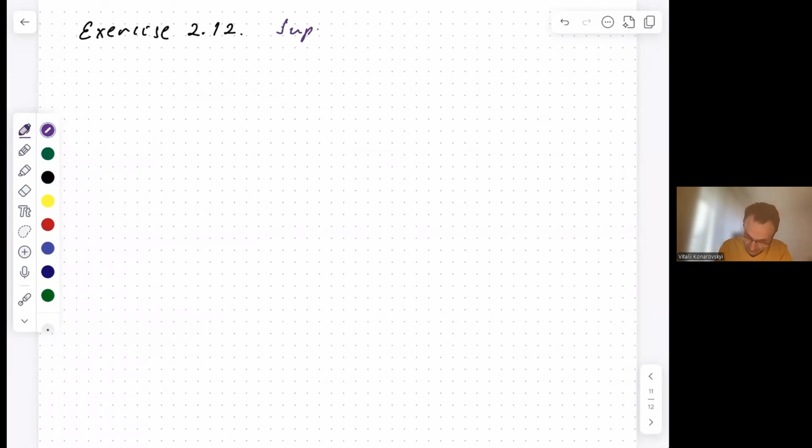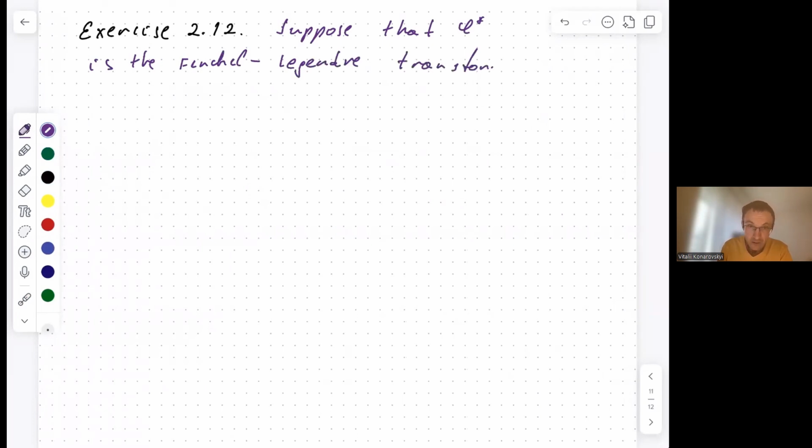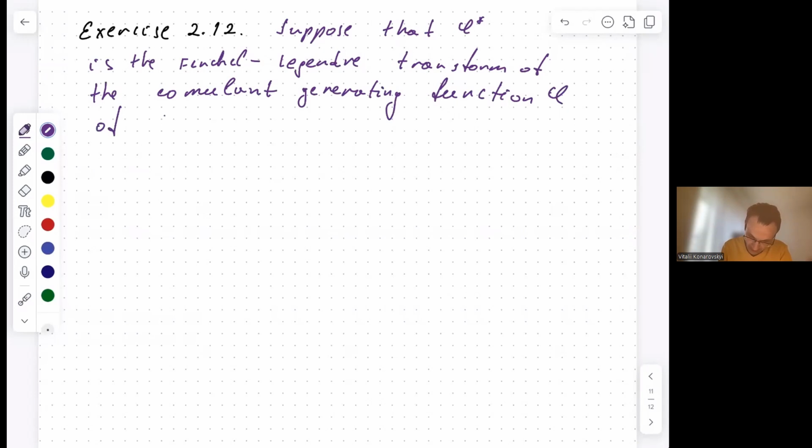Suppose that phi star is the Fenchel-Legendre transform of the cumulant generating function phi of a random variable xi with expectation of xi equal to mu. Show that: